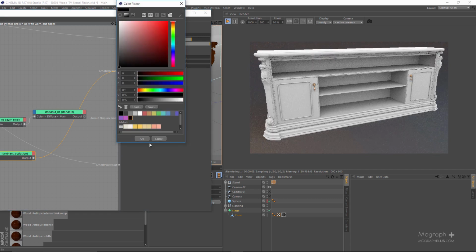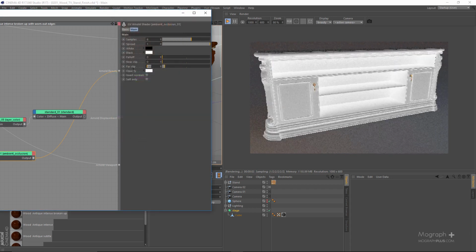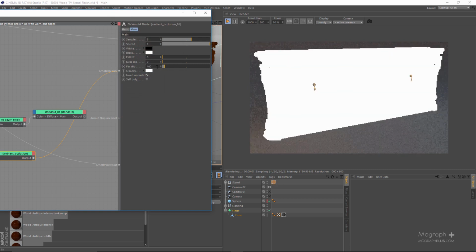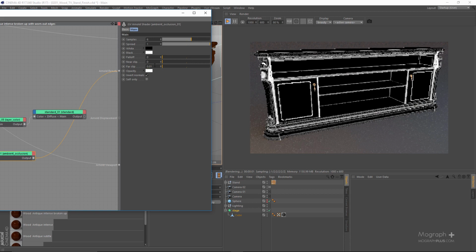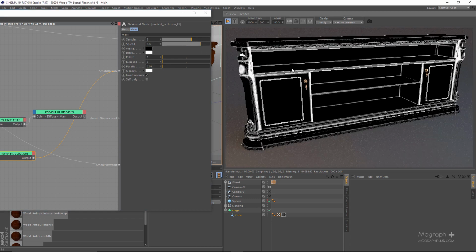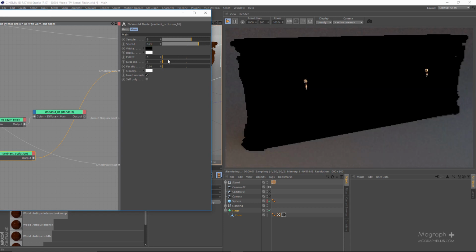If I change these colors for the time being, and now invert the normals, reduce my far clip to an even smaller value, something like this, and the spread, let's see, 0.8, 0.75 maybe. If I change my near clip to 0,